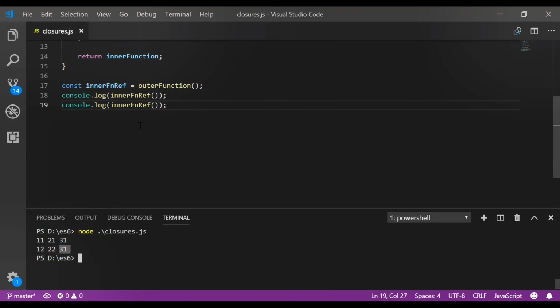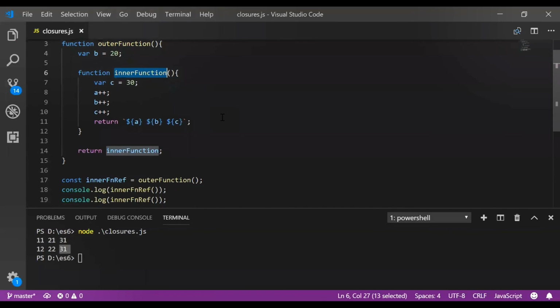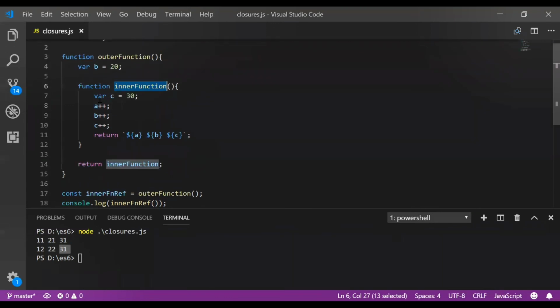Why? Because we are defining variable c inside the inner function scope. So the a and b values are already encapsulated and retained, while the c value is not retained because it's defined inside the inner function. Here we can see that b and c values can't be accessed outside the outer function. That is how data privacy is maintained in closures.